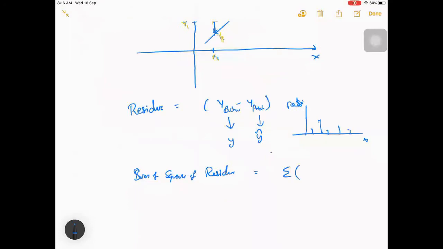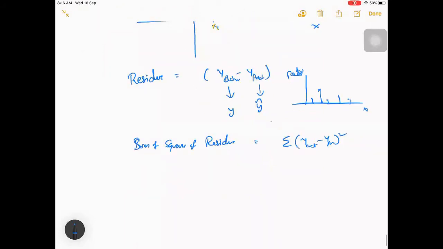First we'll square and then we'll sum actual minus predicted, squared. It is similar to the mean square error we have seen, but just that we are not dividing by the mean, other than that it is similar.